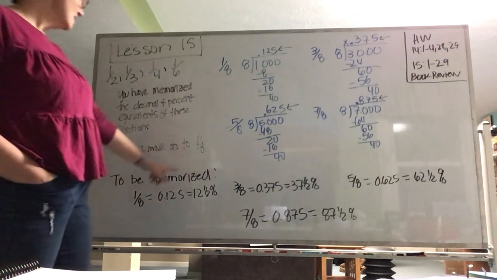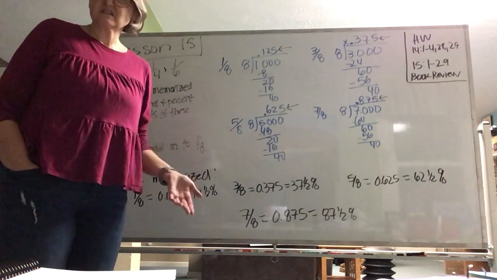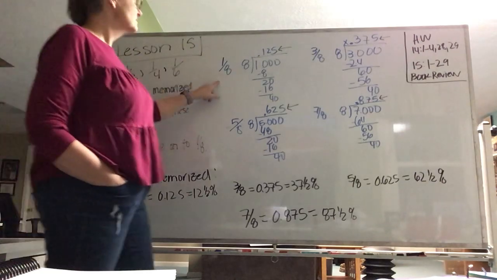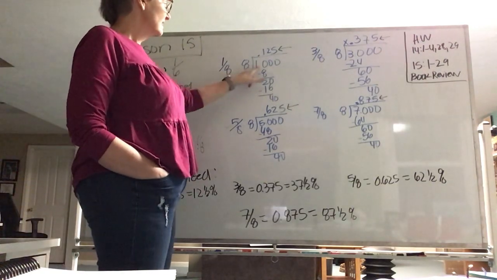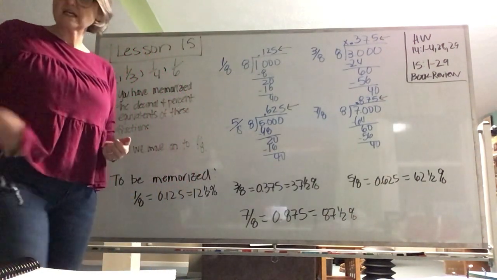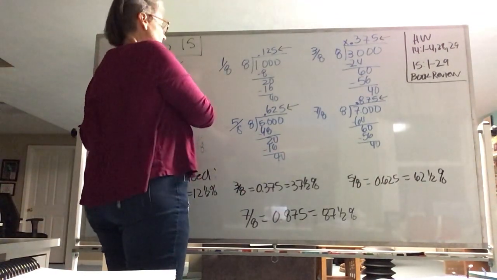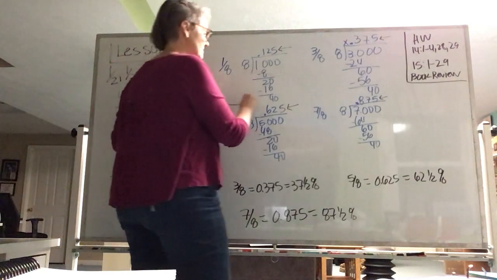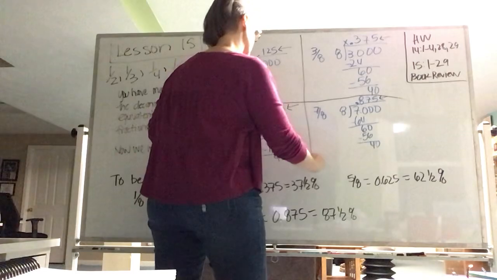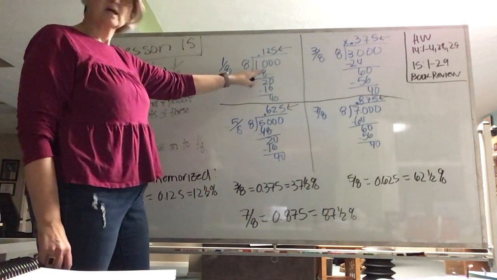percent equivalents of 1/8. You know that fractions are just a division problem. So for 1/8, I'm going to take 8 and divide it into 1. And with the 1/8, I want 3 decimal places. So for every single one of these that I did, this is 1/8. I'm going to split the board into 4s. I have 1/8. So I took 8, I divided it into 1, and I have